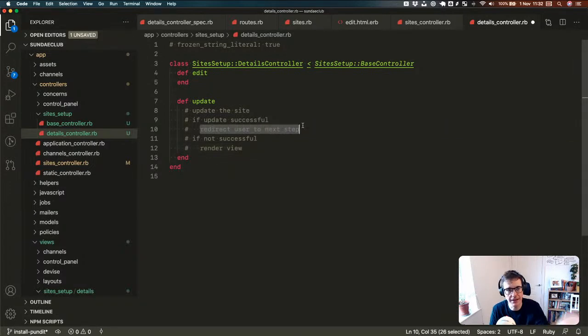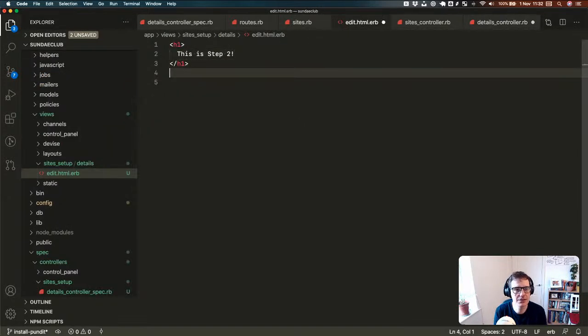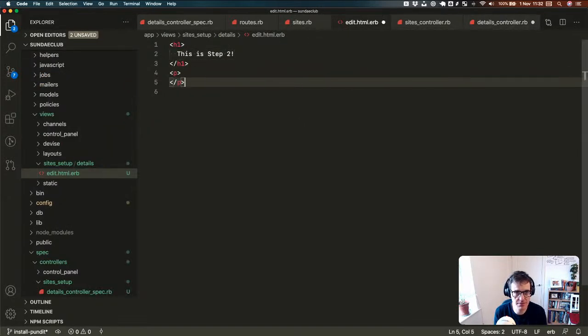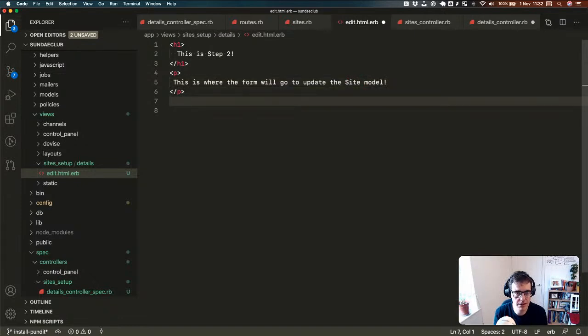So what we're going to do is just put a link on that view. So edit is going to be, this is step 2, and we're going to drop in some other text here. This is where the form will go to update the site model. That's all very exciting, but what we really care about is we're going to add in a link. And this link is going to go to